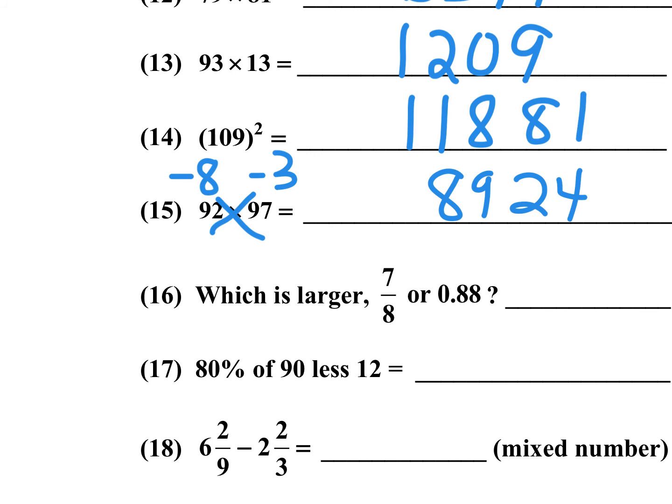Remember that 7/8 is 0.875. So you should memorize that. And this is 0.880. So if you're comparing those two, 0.880 is larger. So the answer is 0.88. Okay. Now, if you were to write